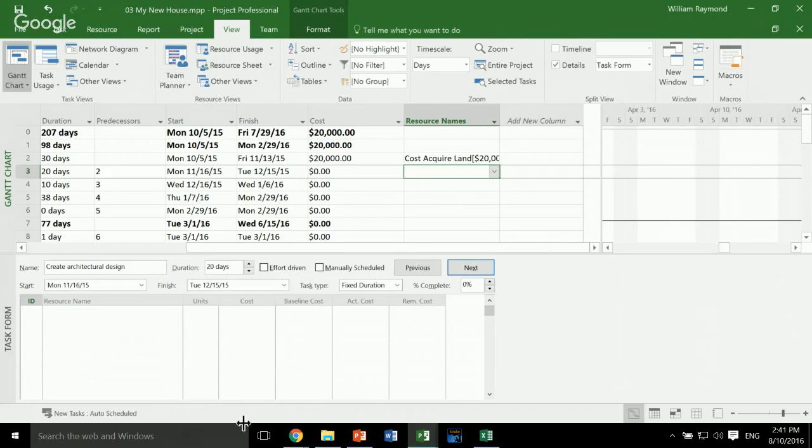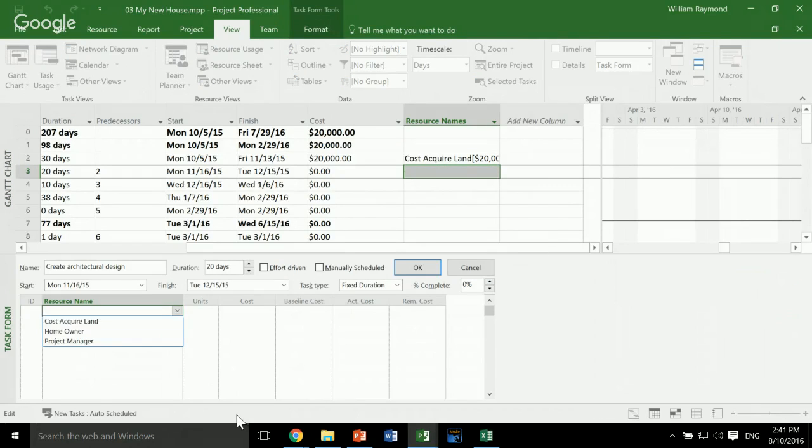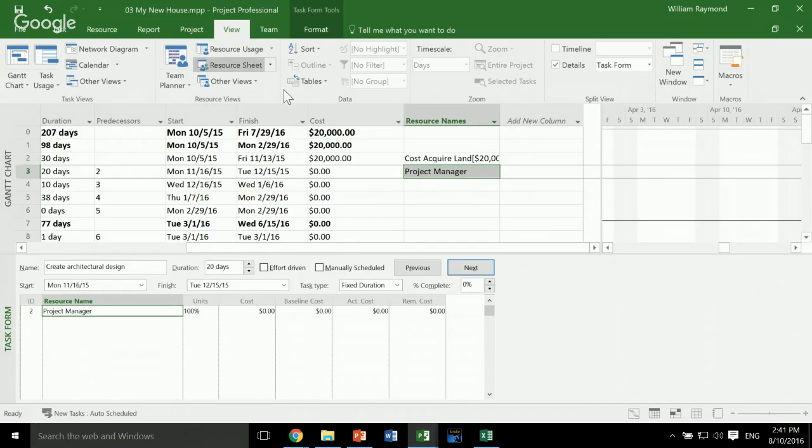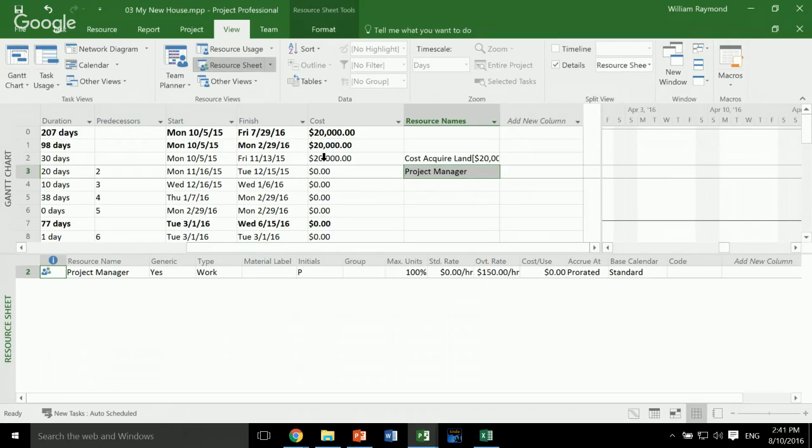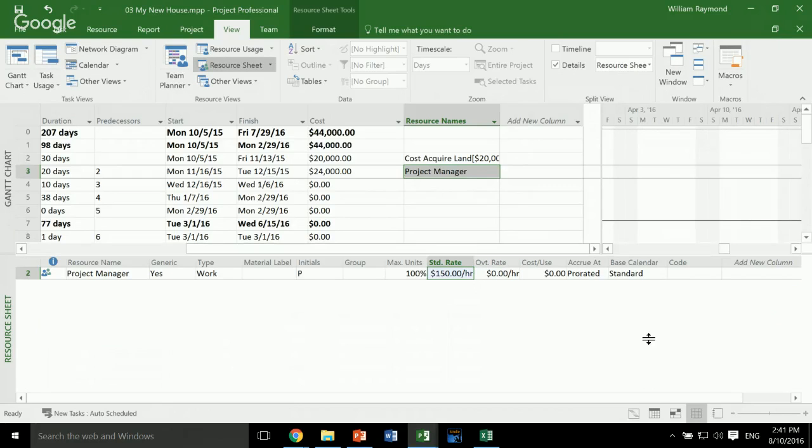Let's do something else. Let's add the project manager. Now, with the project manager added here, let's see. I'm going to go back to my resource sheet real quick. Oh, I typed in overtime rate, 0. The standard rate is $150. There we go. Go back here